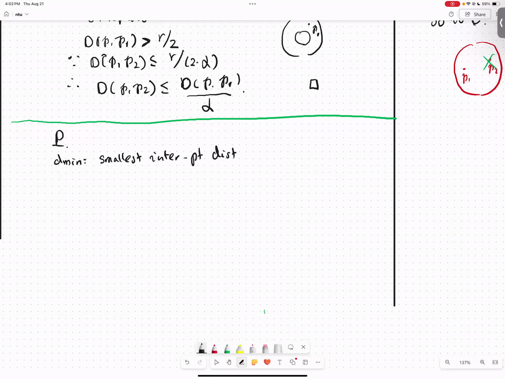Smallest interpoint distance in P. Interpoint, so these two points have to be different. You see what I'm saying? And what is the smallest distance you can have for two different points in P? Okay. Now for D max, this is the largest